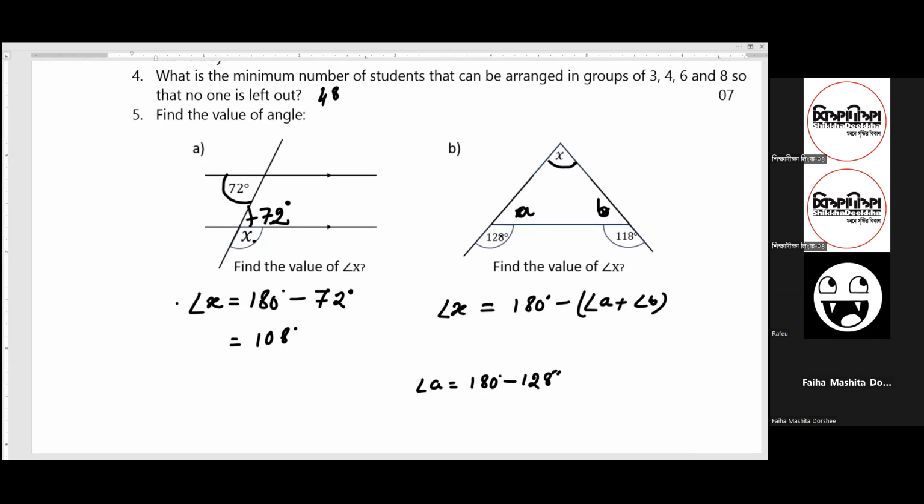They are adjacent and on a straight line. So this is going to be 52 degrees, and angle B is equal to 180 degrees minus 118, 62 degrees. So if we add this 52 and 62,